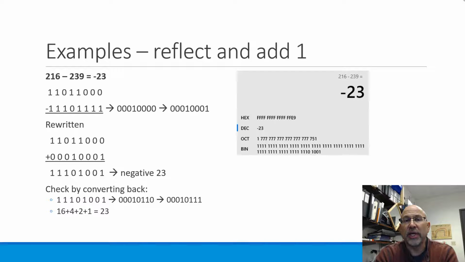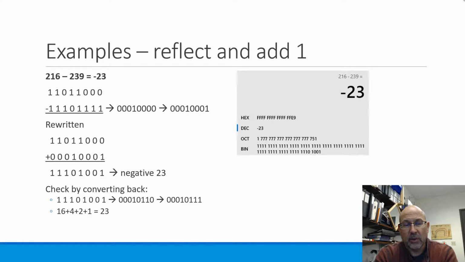All right, let's do something a little more challenging. 216 minus 239. We know that this is going to result in not only a negative number, but we also know that this is a subtraction problem. So let's write it in binary, and then we will reflect and add 1 to the lower number, right, our lower addend, and then we'll rewrite it. And we get